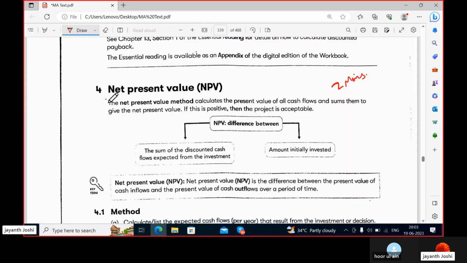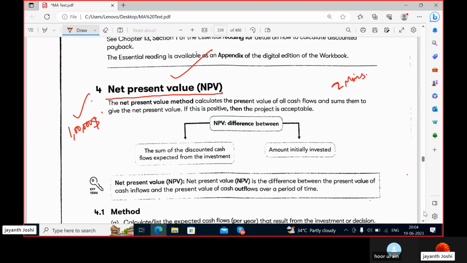So we are starting with the topic called NPV. Now, what is NPV? When you start a project, of course, you will make some investment. Let's say you have invested $100,000. That is your initial investment. Now, when you invest your money in some project, let's say you have bought a machine worth $100,000, and